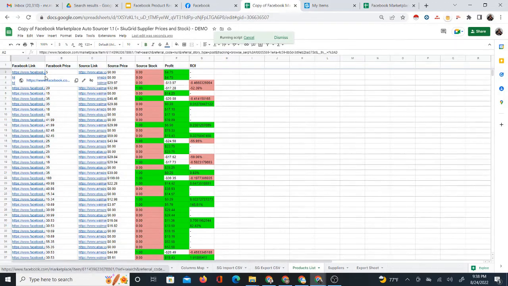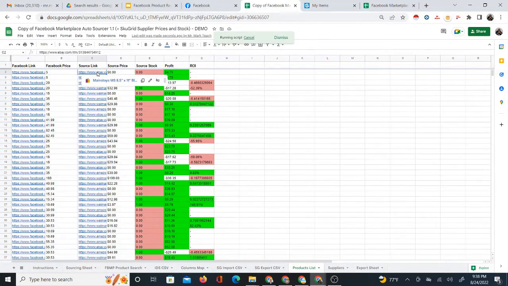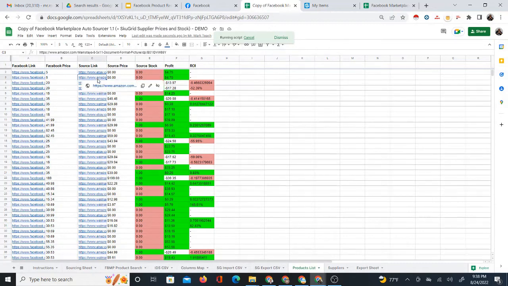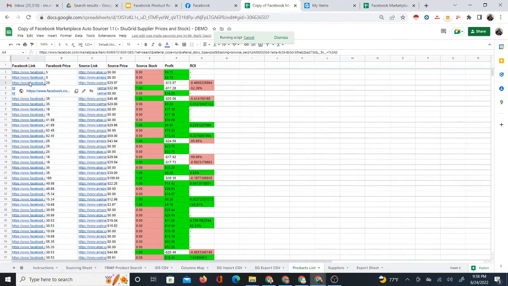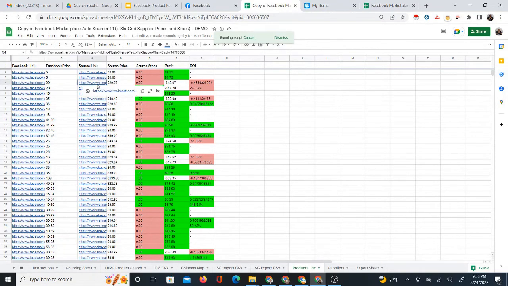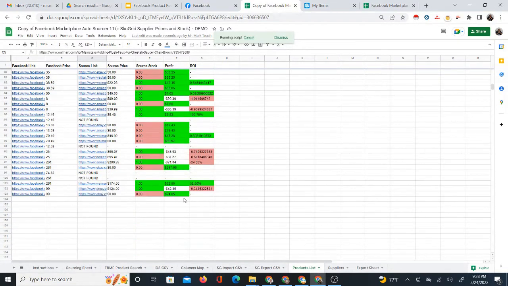So the Facebook links are being repeated. If you have one Facebook link with 3 different sources, it's going to have that Facebook link 3 times, but on each line it's going to have each separate source, right? So you have the same Facebook link with the eBay source, that link with its Amazon, and then that same link with its Walmart source, right? Actually, I think there were only 2, eBay and Amazon. Then we have the next Facebook link with its source, and I think it's the same link with this other source. All right, so this is going to be much easier to navigate